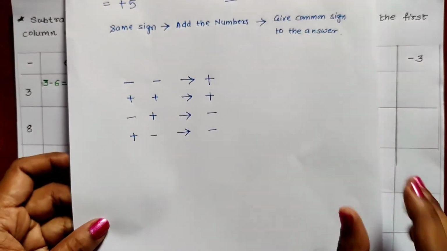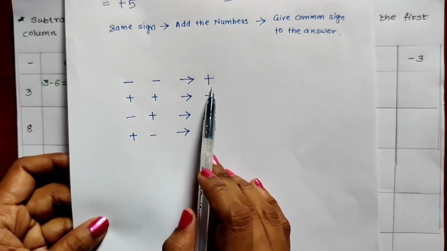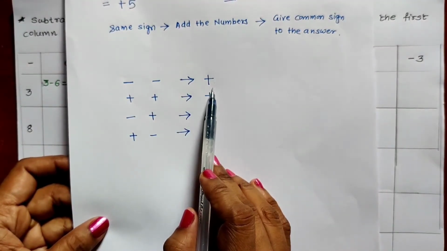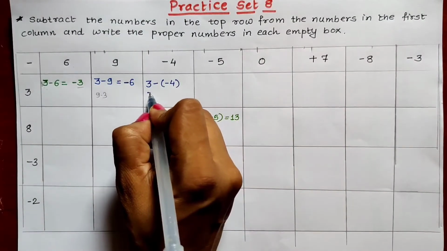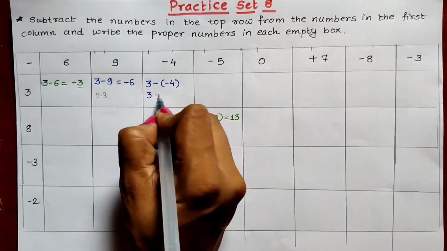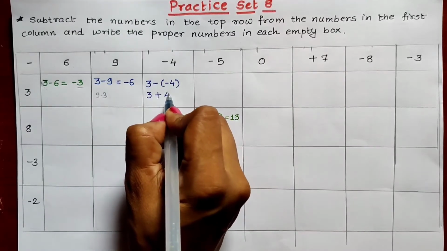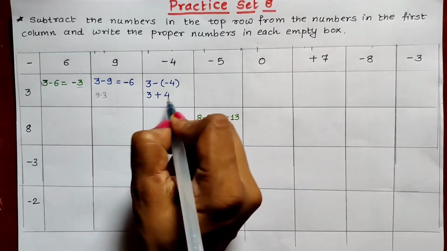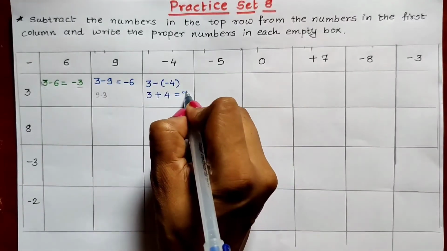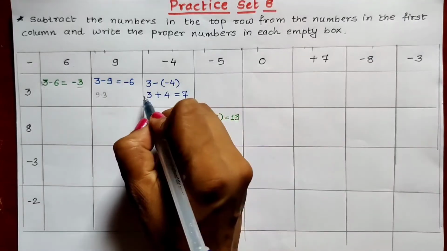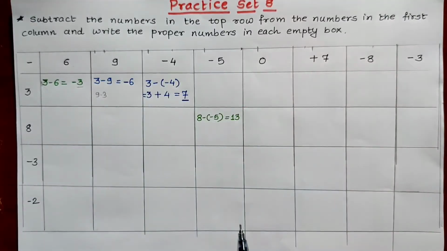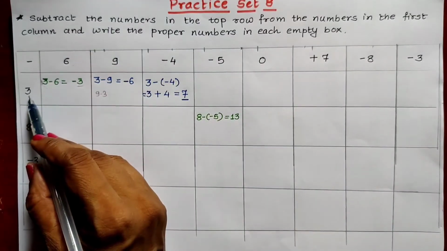So when minus minus is there, combine and the sign will become plus. So here what we will do, first number 3 as it is I write, minus minus will become plus, and then write this 4. And it becomes easy now. 3 plus 4, we all know the answer is 7. Plus 7. Correct? The common sign we will be giving. So in this way also you can solve the sum. Now let us see the next sum.